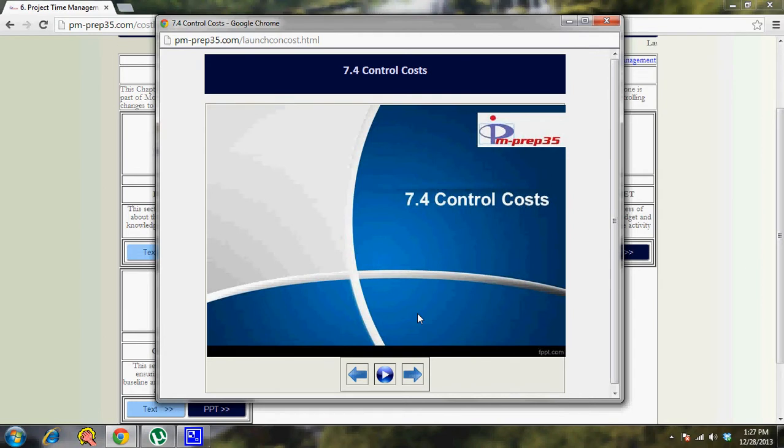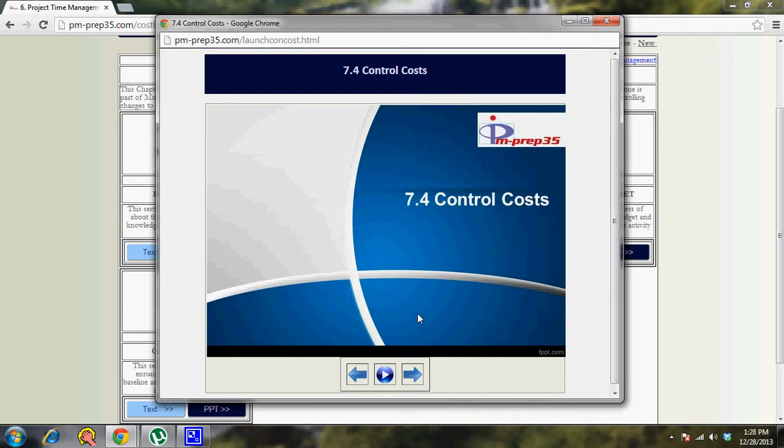So control cost, in addition to that, takes care of doing a reserve analysis, because there is this contingency reserve and management reserve which are very important to the project baseline, and they need to be controlled and handled in an integrated manner to ensure any changes to the baseline do not happen.